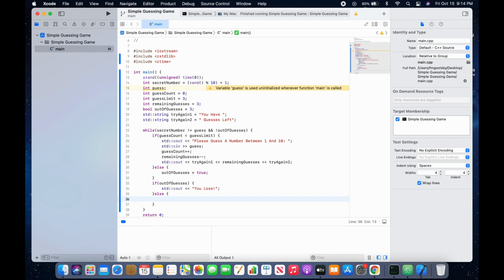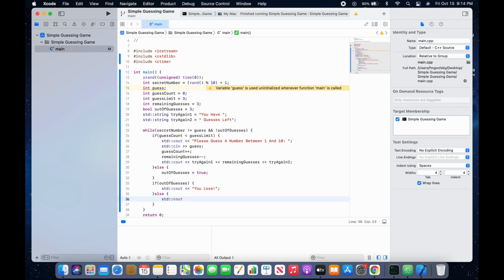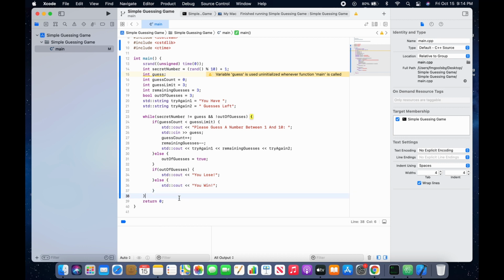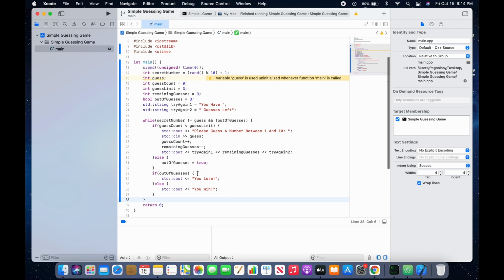then obviously we can say std::cout, and you win, right? If you didn't lose, then you won. And then of course we've closed it out with this return statement that was part of the basic structure anyway. So now that we've done that, we can go ahead and run it and see if